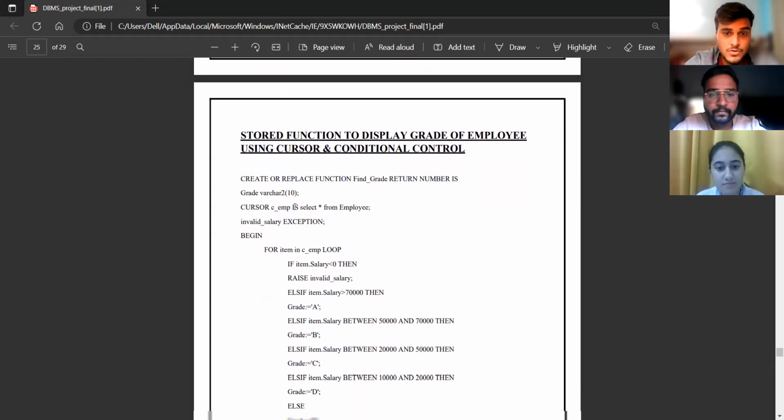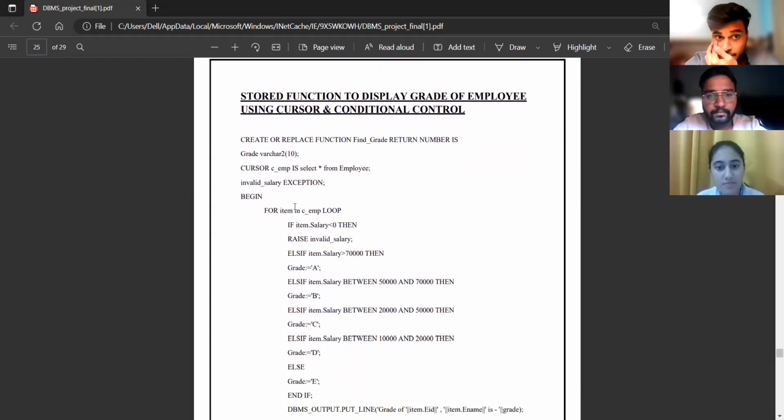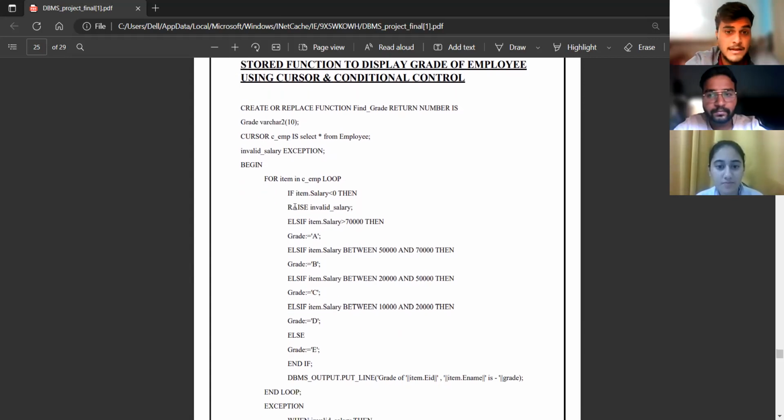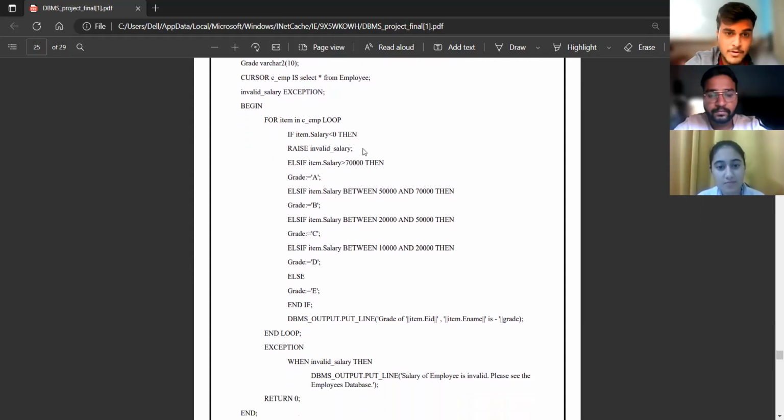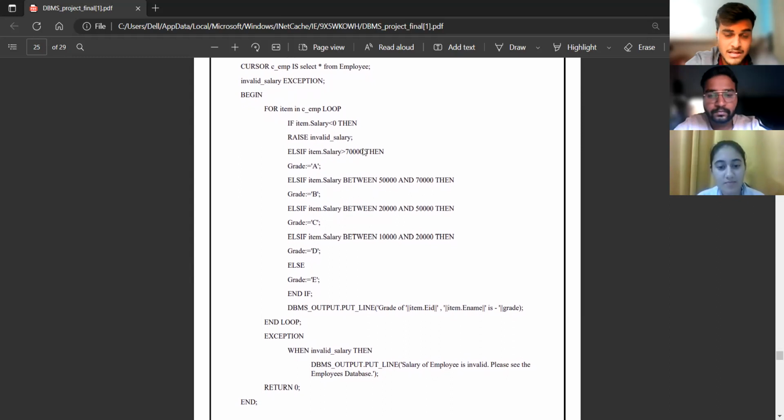Then we create a stored function to display the grade of an employee based upon his salary. Here we create a cursor C underscore EMP, and also with the help of an exception, we can find if any employee has an invalid salary or not. Then based upon their salary, like what salary an employee has, we give them grade, like grade A, B, C,